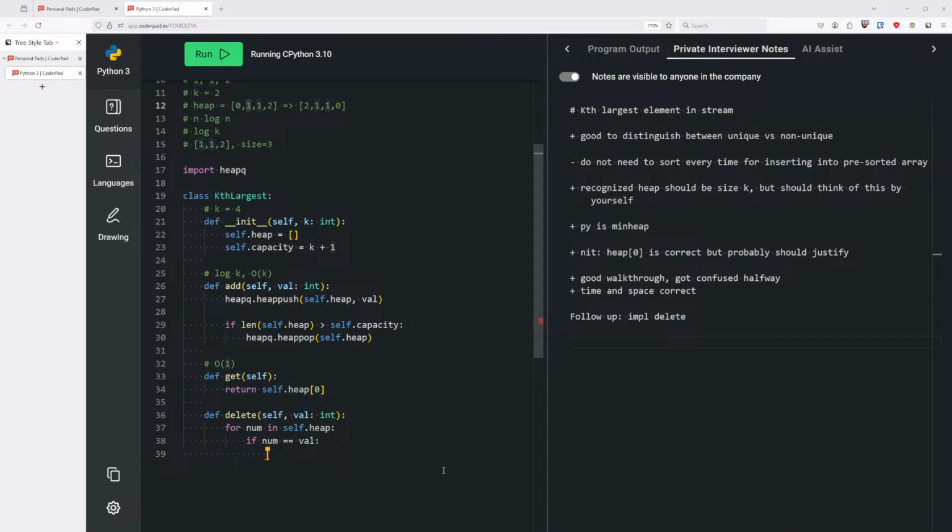Okay, so if the current number is equal to the value we're looking for. Oh, actually, I should use the index. So for i, okay, then we want to swap with the last element. So I'm going to say self.heap at i is equal to self.heap at